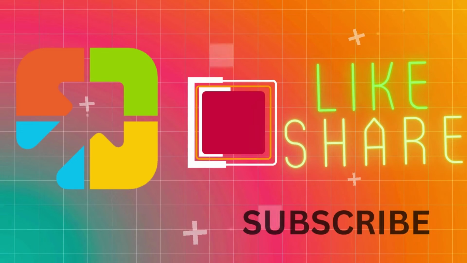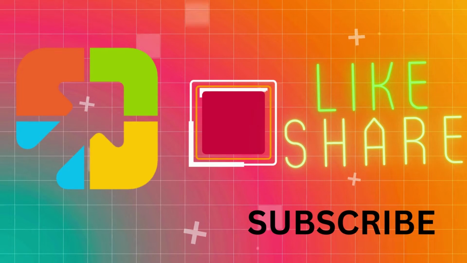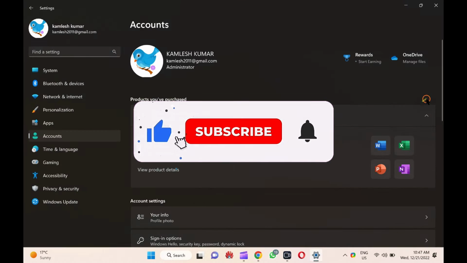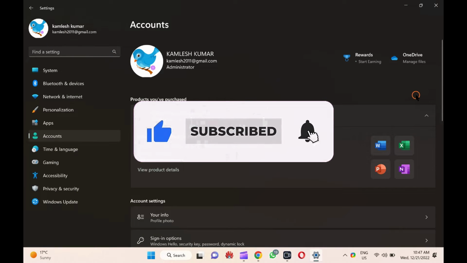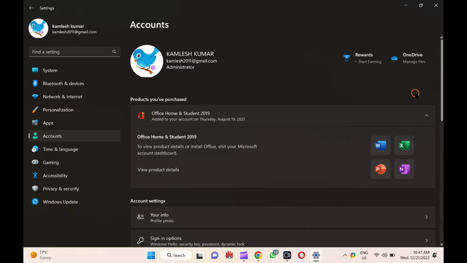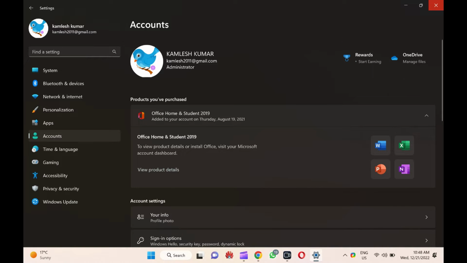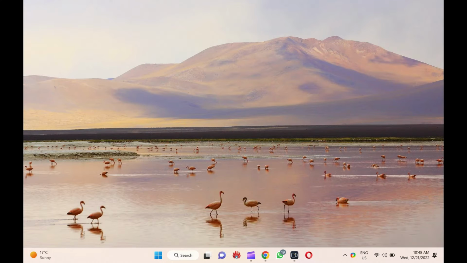Hi everyone. In this video, we will guide you on how to always show scroll bars in Windows 11. If you have used Windows 11 for a few days, you might have noticed that scroll bars automatically hide when they're not in use. You may feel uncomfortable scrolling when it is not always visible. However, Microsoft has provided an option to show always or hide scroll bars when not in use on your screen. Here is how to do it.